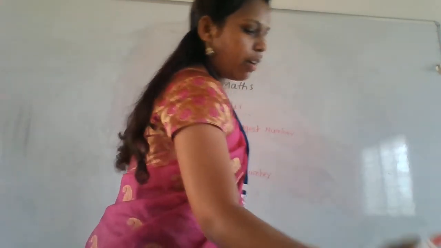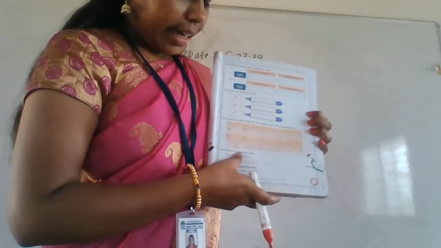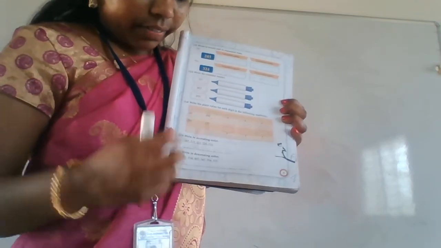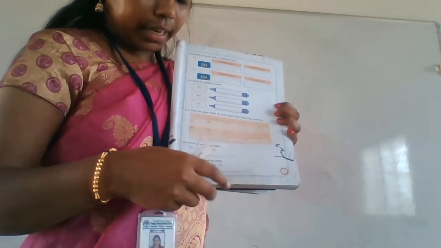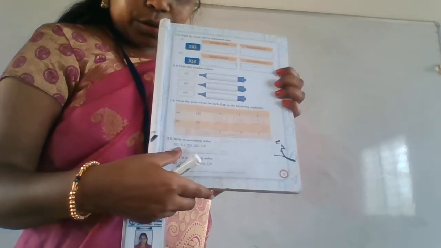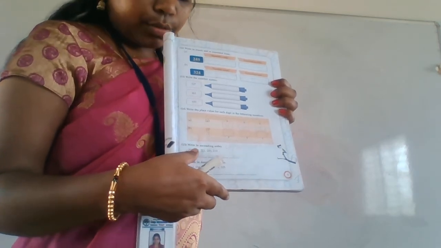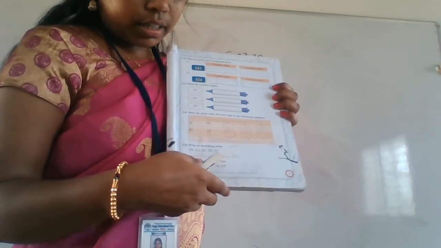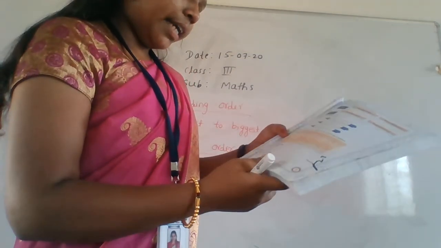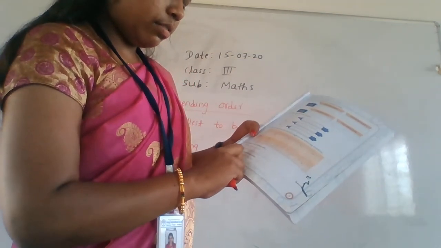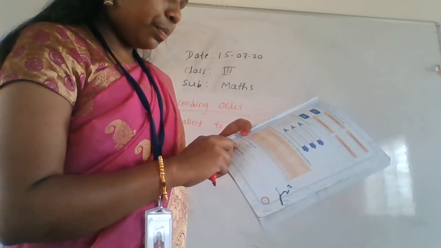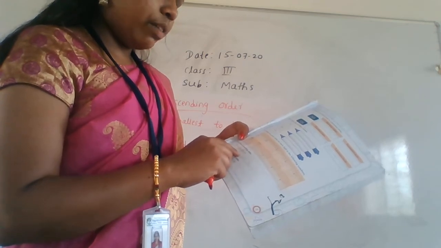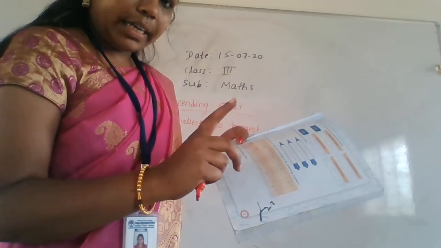You have to write. First one, what have they given here? Write in ascending order. They have given some numbers: 202, 212, 221, 220, 210. Which number is the smallest here? 202, right? So 202 is the smallest number. You have to write it first. Next we have to write 210. After that 212. After that 220, 221.